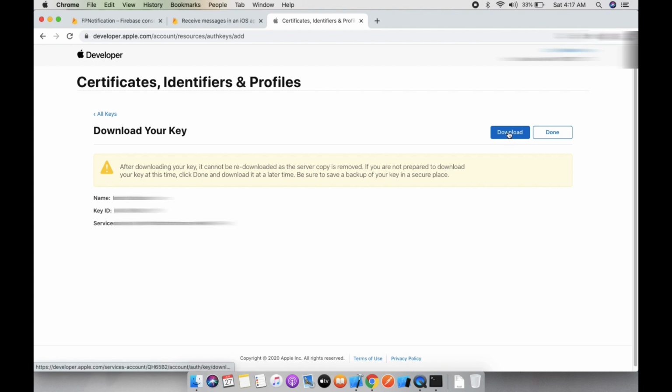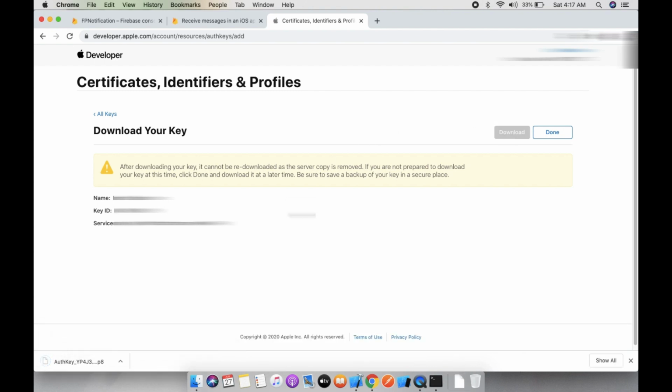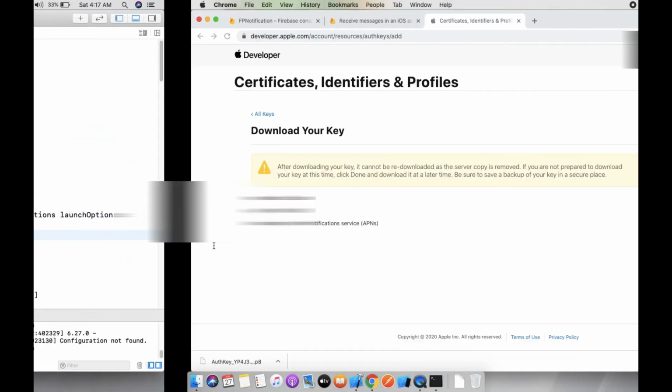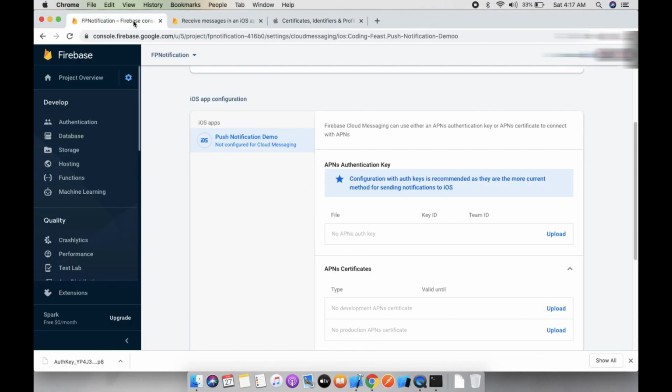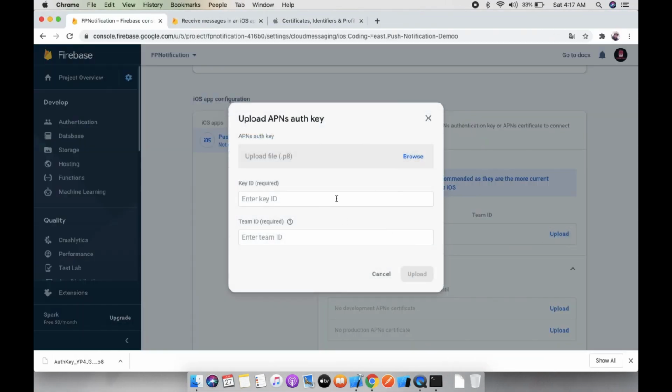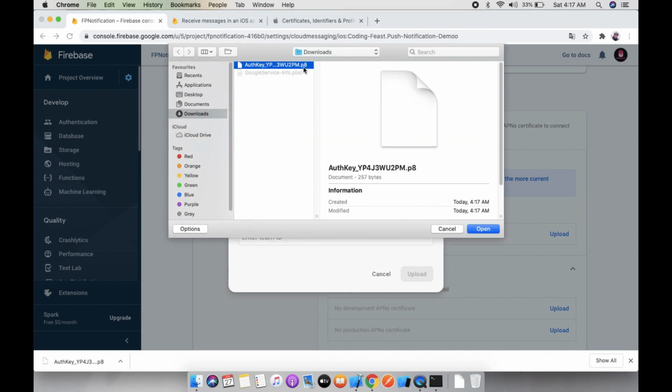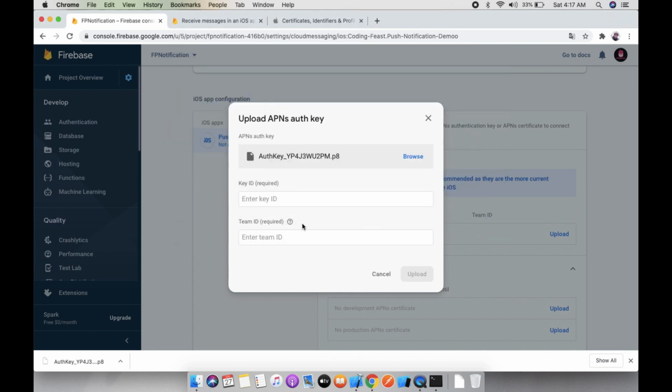Now you can download this key, and this is called a P8 file. So now we need to upload this P8 file. Upload, and you need to upload this P8 file and open.